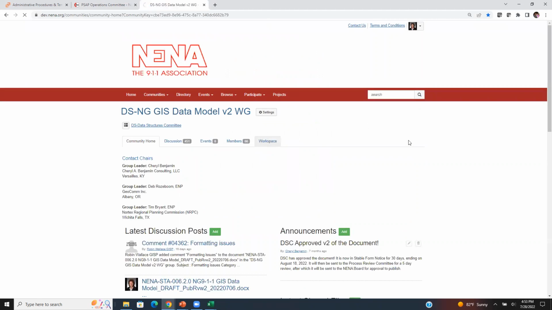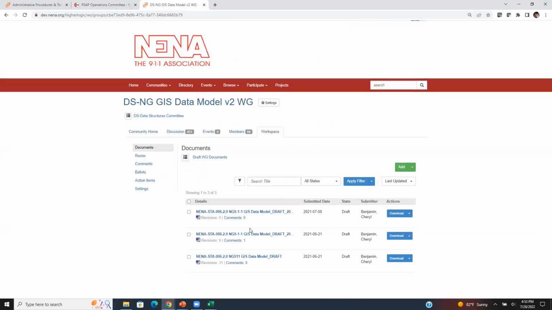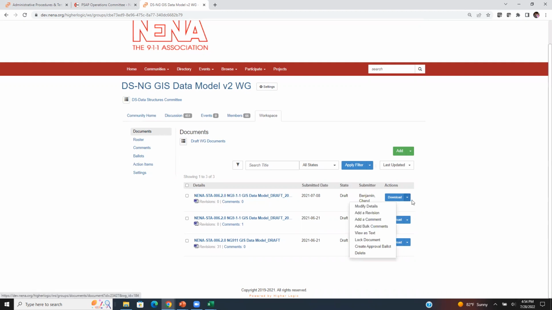So if you're in workspace, here's, okay, I'll just use this one that's a draft. Let's say that this was notes. When you put something in, it's in a state of draft. When you have your next meeting and the work group approves it, before you post your next meeting notes, what you should do is go in, and where they have modified details,